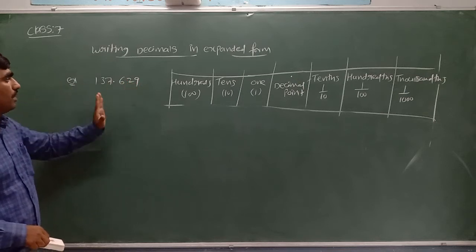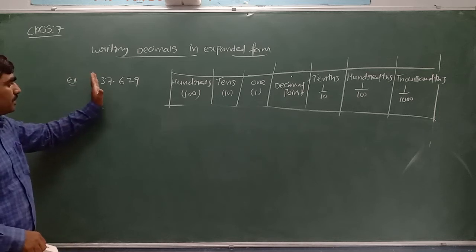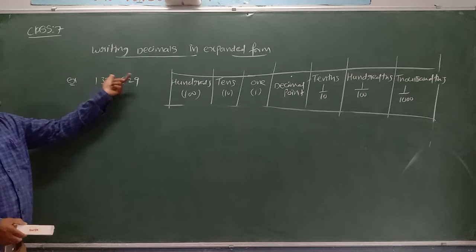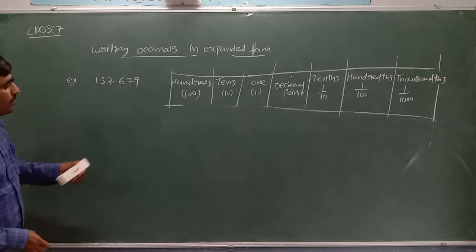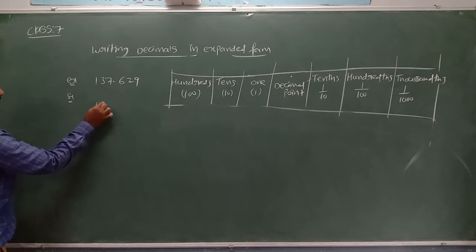137.629. Don't read it as 629. You can read it as 137.629. Now try to write this decimal in expanded form. How can we write expanded form? Let's see the solution. The given decimal is